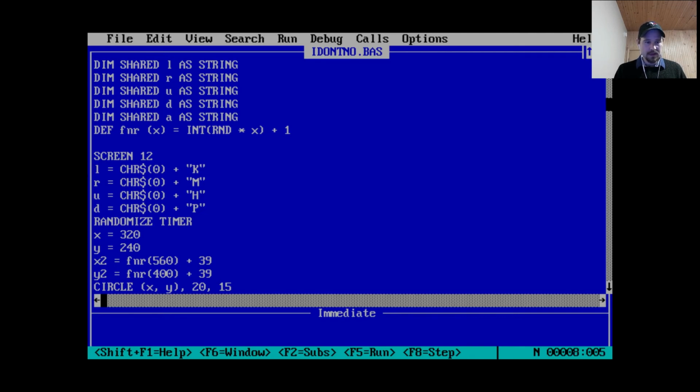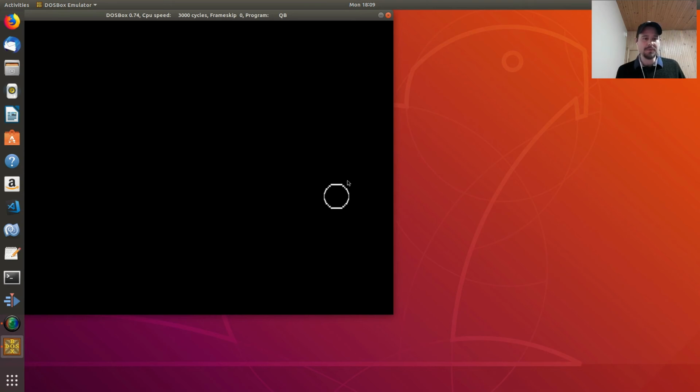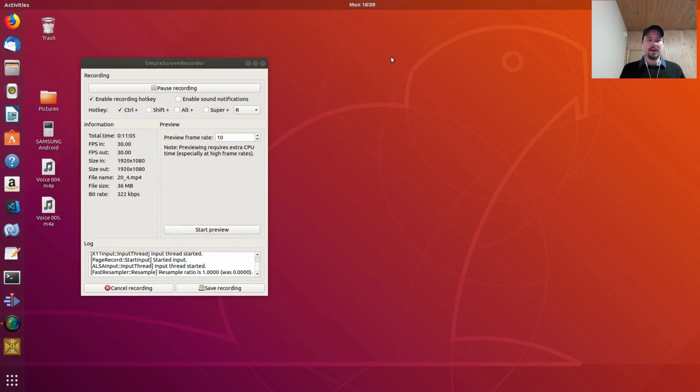I know screen 8 was a funky one. Screen 8 is a really funky one. I can't even see. There it is. The reason it was off screen was because the vertical resolution of screen 8, I don't know what it is, but it's a lot smaller than 480. So yeah, I don't see any black bars happening. Of course, now I don't know where the other circle is to exit this program, so we'll do that. Anyway, I think that's a wrap. I solved my problem, and from now on we'll do it in that aspect ratio, and I'll try and do something funky with the videos to sort of fit everything in there together, but at least we won't get that